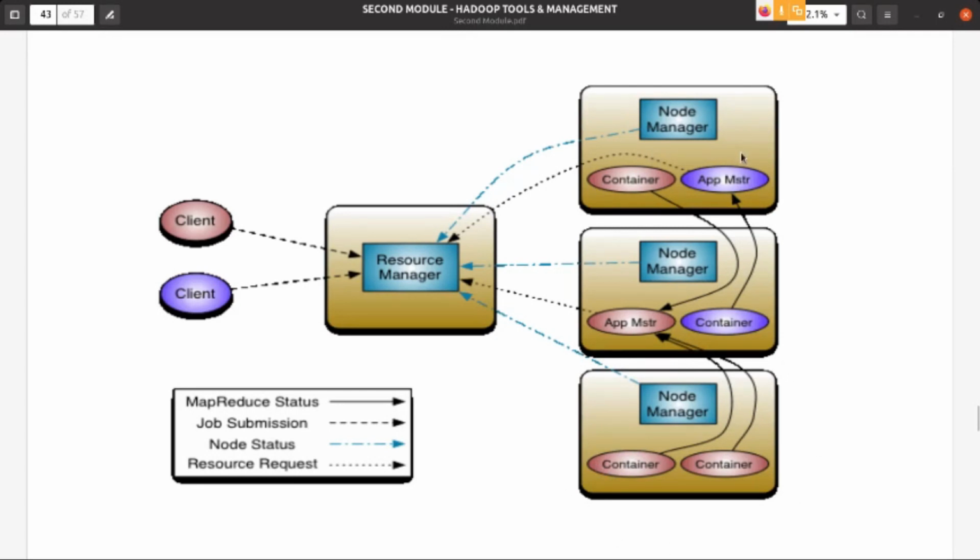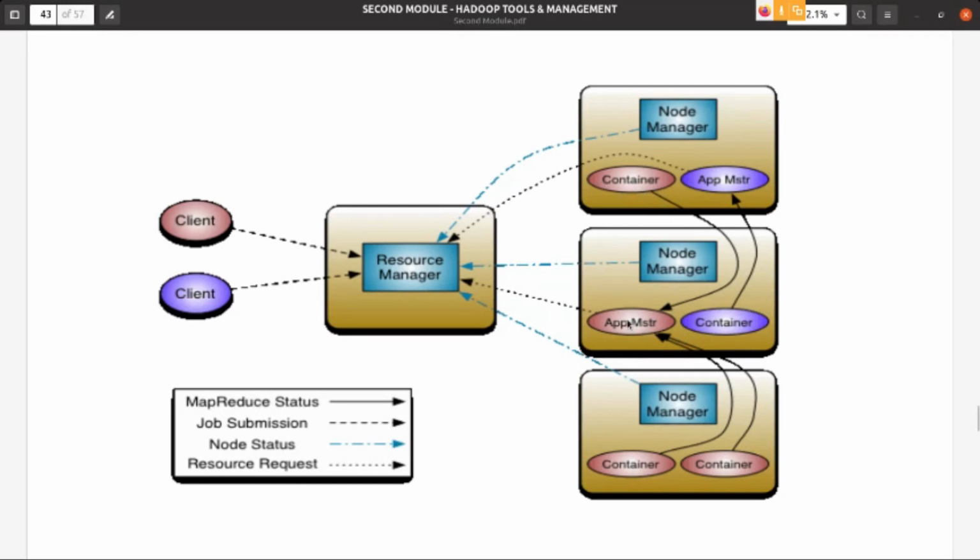Then, what is the container? The 4th point: a container is a collection of physical entities available in the node, such as RAM, CPU, hard disk, etc. How do we form this logical grouping of a container? This is based on the application. For example, look at this application master using this container.